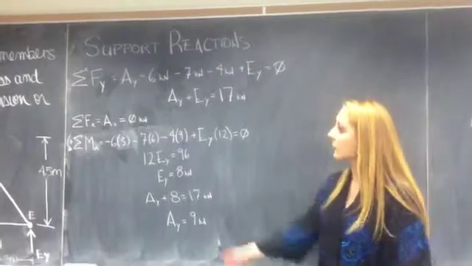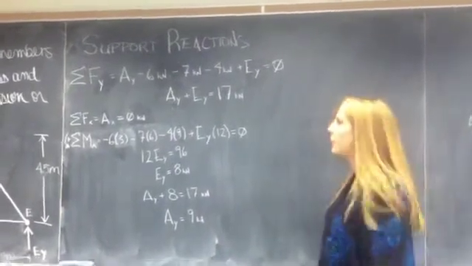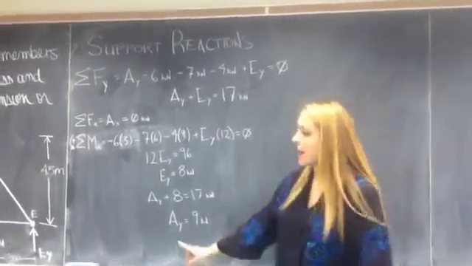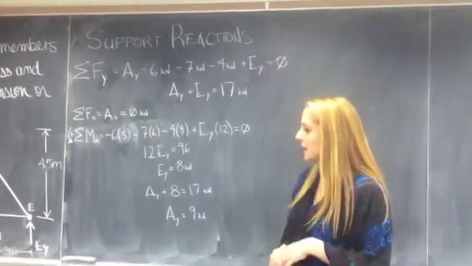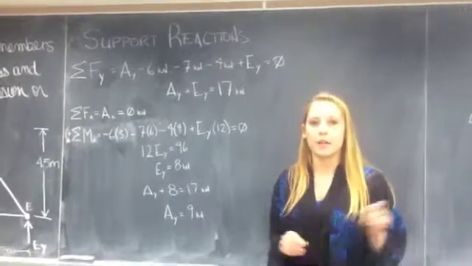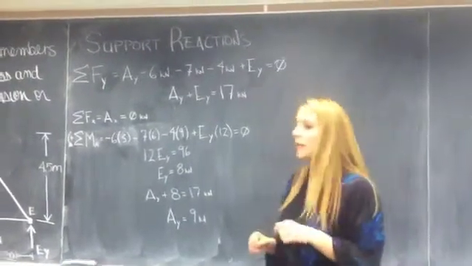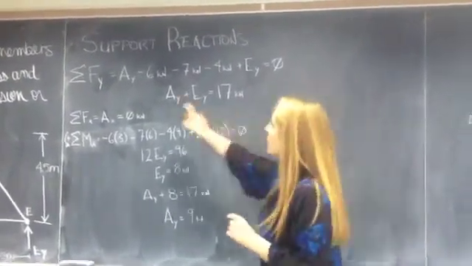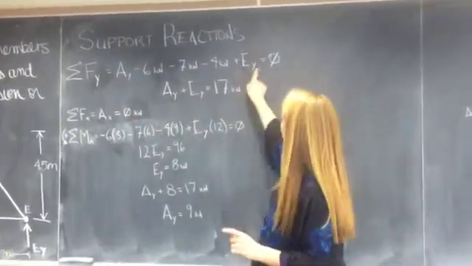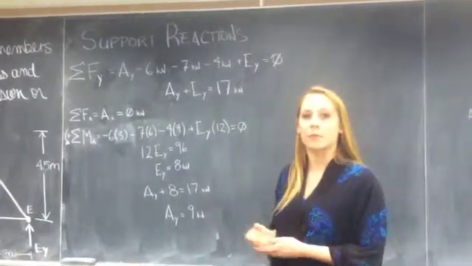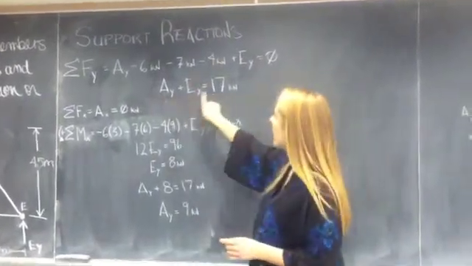The first step in solving the truss problem is to determine the support reactions at E and at A. A is a pin, and then E is a roller. So A has components in both the X and Y direction, and E is only in Y. And so we do the sum of the forces in the Y direction. So we sum up all the forces, and because it's a statics problem, it equals 0, and we get